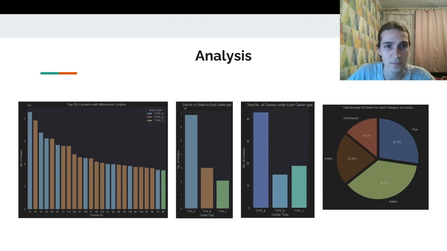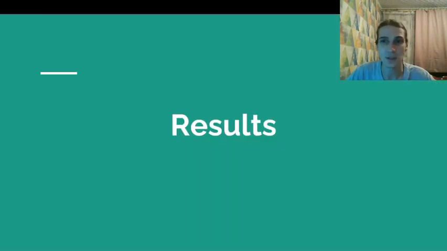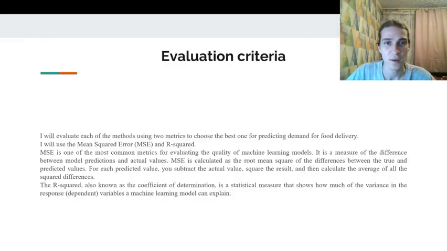So, our results of the investigation. We evaluated each of the methods using two metrics to choose the best one for predicting demand for food delivery. They are MSE, mean squared error, and R-squared, which are leading approaches for evaluating analysis methods.